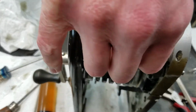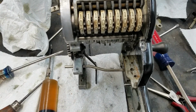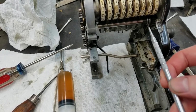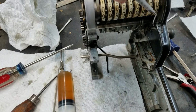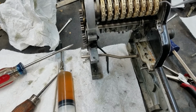The counter increment driver peg, whatever you want to call that thing, the peg that is on this little slider here, you can see the peg sticking down there. I think initially I might have had it in the wrong position, and it only goes in exactly one way. If you're off by one tooth on the mesh of this gear to the idler gear down there, it won't work. What's going to happen is, on at least the first column and potentially some other columns,